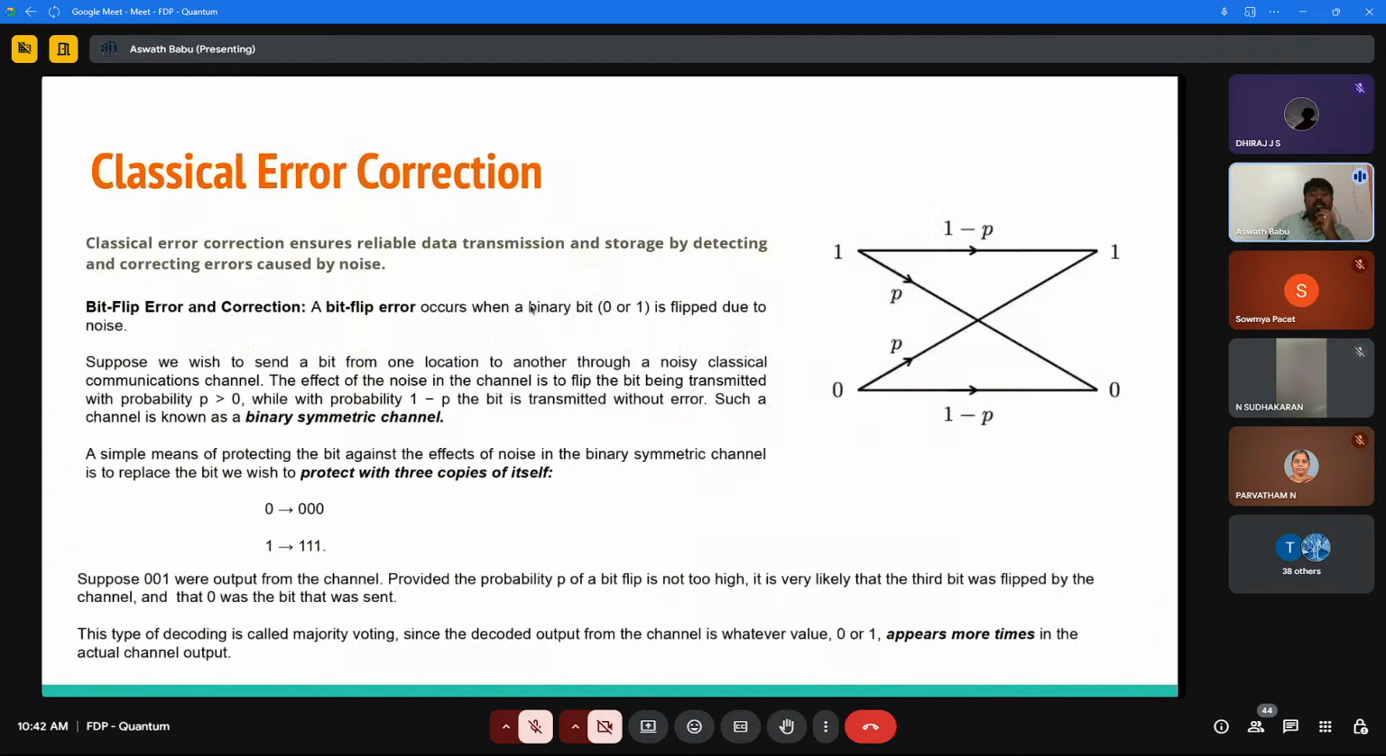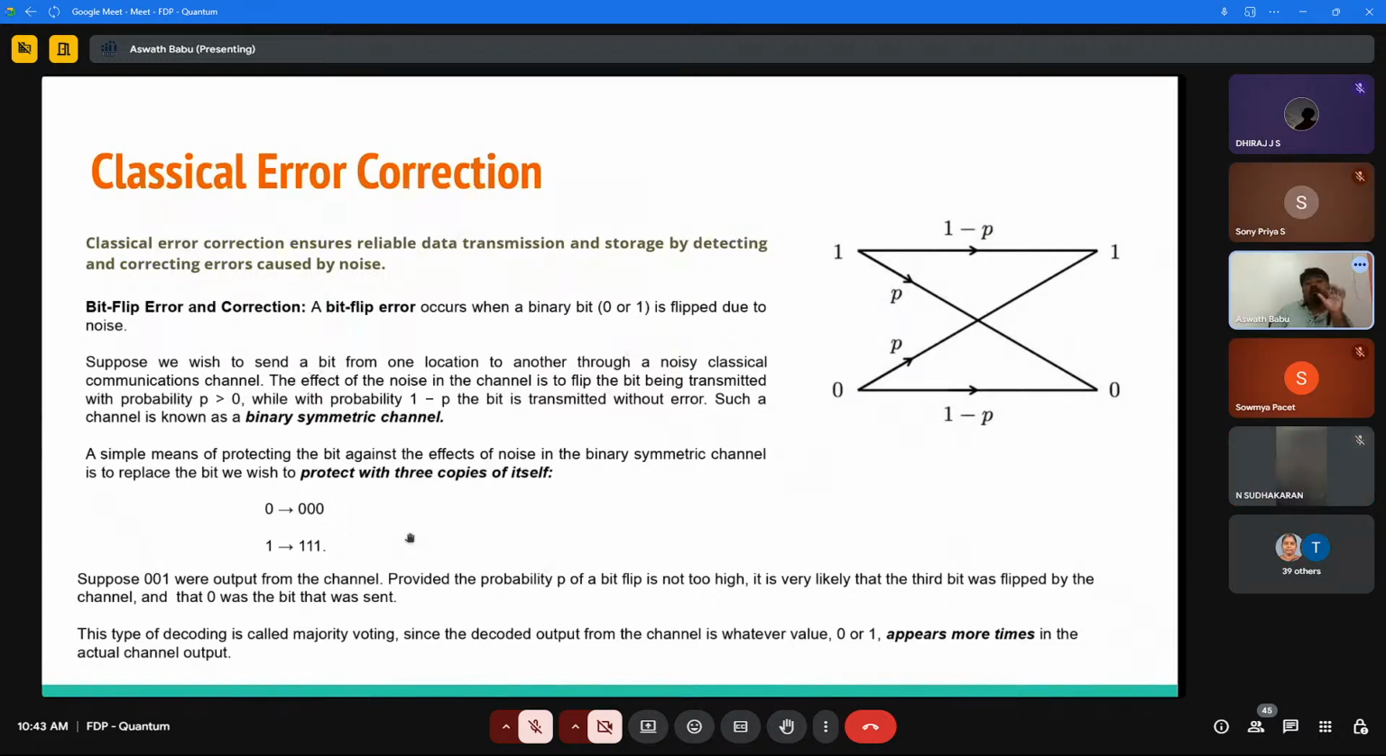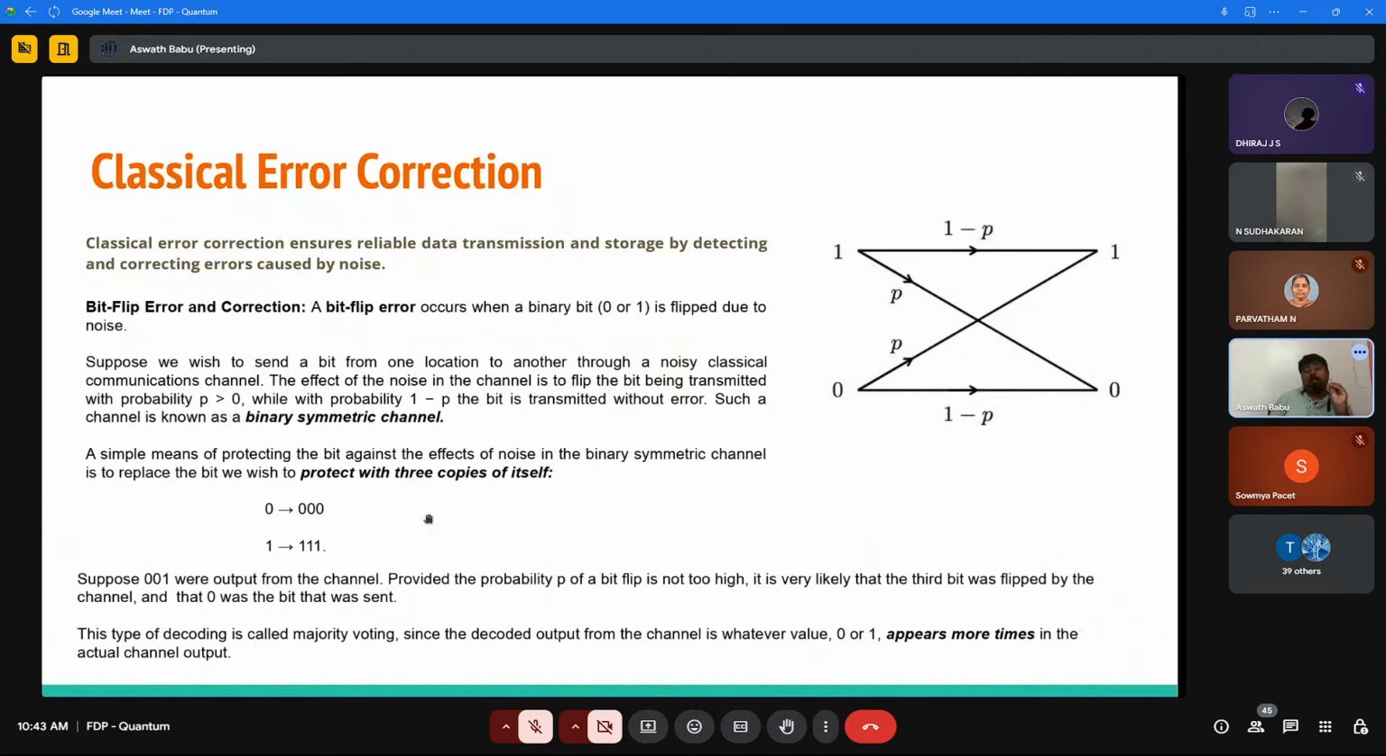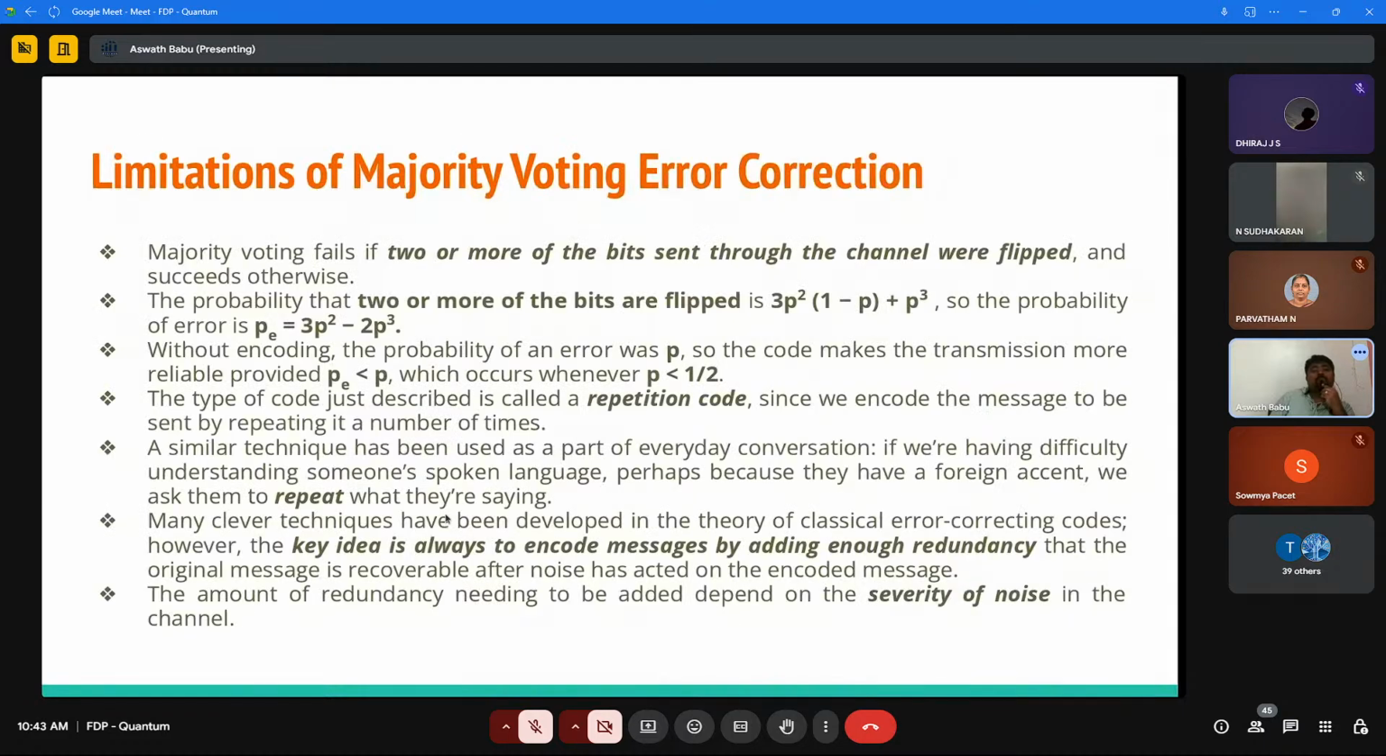So remember one thing, if only one bit is going to be flipped, I have to prepare a logical bit with three bits. If two bits are going to be flipped, I have to prepare a logical bit with five qubits, or five bits, I'm sorry, a quantum bit is coming in between. We'll come to quantum bits as we go further. Okay. Now,